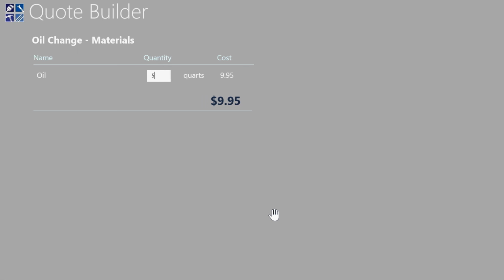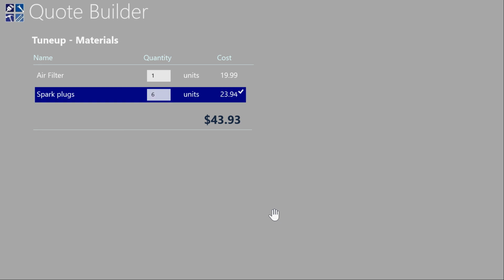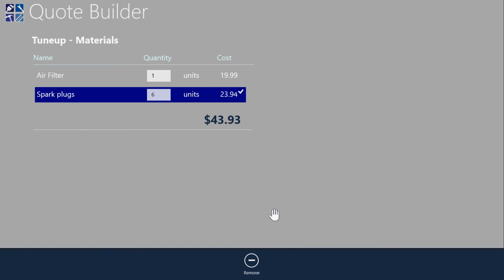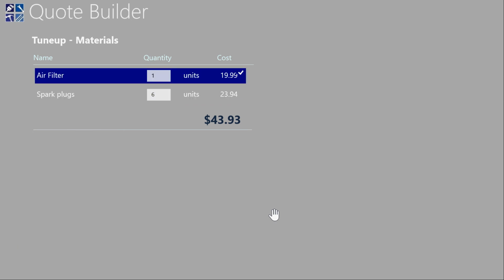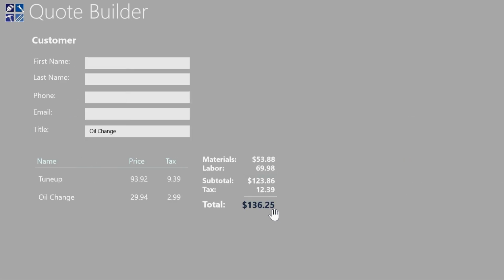For a tune-up, we have another opportunity to update the quantity for the materials, and you also have the ability to remove items as well. But we're okay with that. If we continue through our wizard, in which we just swipe along to the end, we now have an opportunity to generate a quote for our specific customer. So let's say my customer is Keith Bryan,